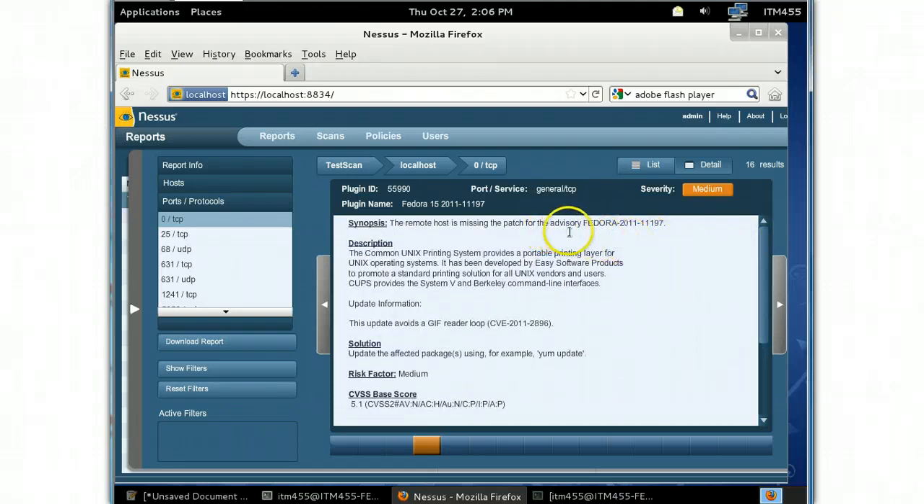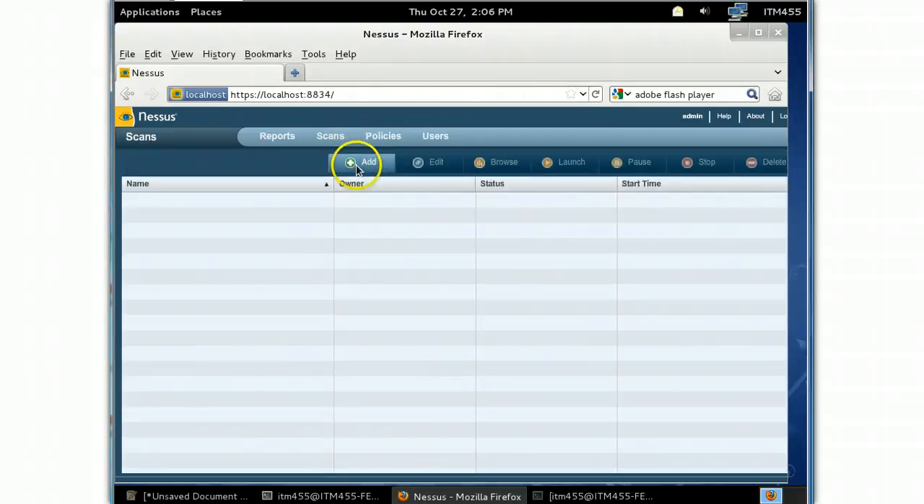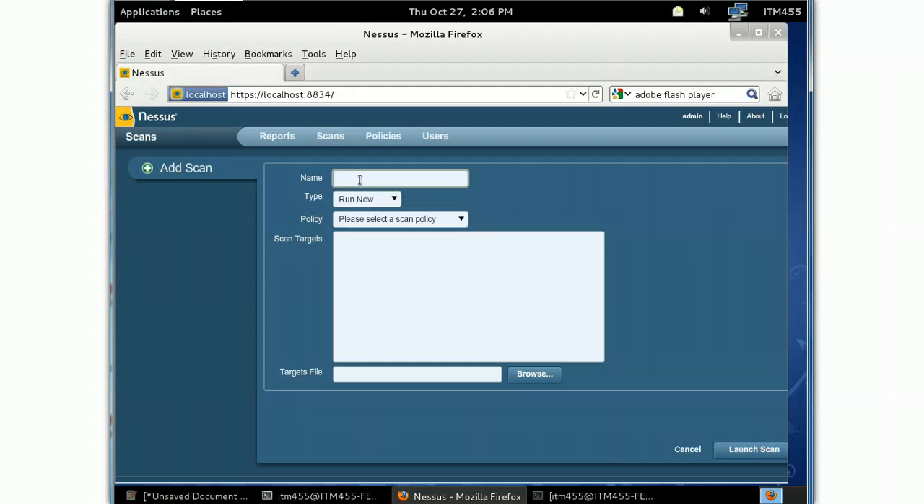Okay, so I'm going to try one more scan and see if this works. What I'm going to try to do is scan my host machine, not the VM, but the one that's running underneath the VM. So I'm going to go back to scan, say new scan, type in again test scan 2, say run now. I'm going to do again internal network because they're basically in the same network, and then I'll do a scan against it, and we'll see if this works. I was able to successfully ping to the machine,